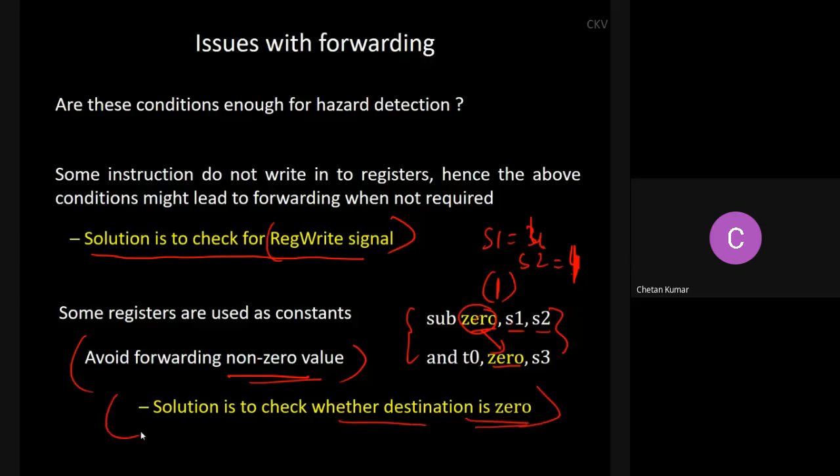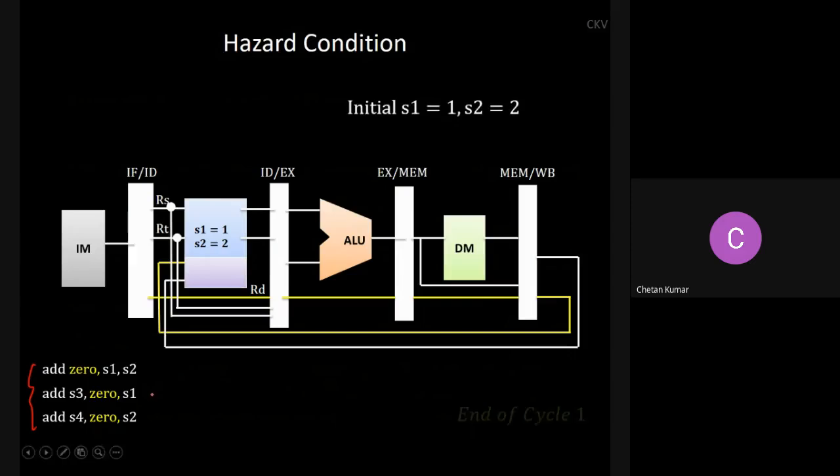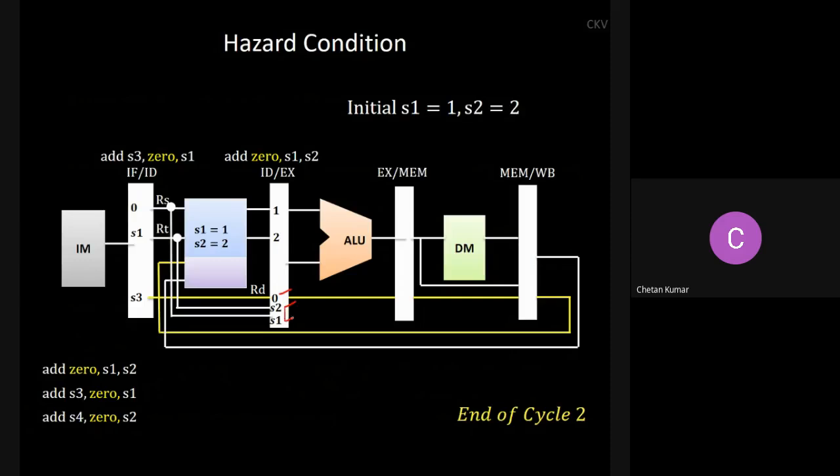But let me show this problem in the pipeline representation. Let us assume that these are the instructions that are to be executed. Now, what happens? Initial values of S1 and S2, let's assume to be 1 and 2. At the end of clock cycle 1, the data related to the first instruction loads in the IF/ID register. In the second clock cycle, you have 1 and 2, and the destination register, source 1, and source 2 are